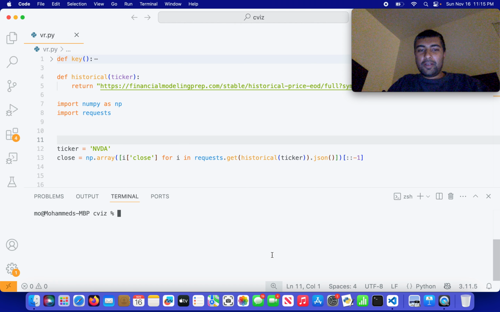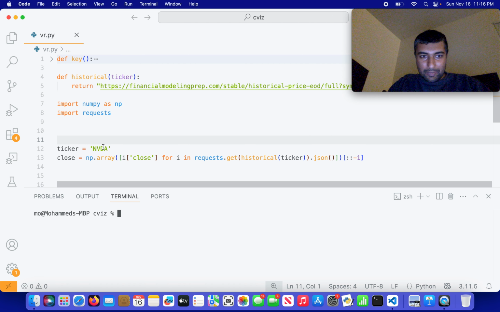Hi everybody. So in today's video, I'm going to be performing a simulation using Geometric Brownian Motion, but the point of this video is not to actually get the simulated prices, it's to see how long it takes to compute the price. So I'm going to be using Geometric Brownian Motion on Python and in C. So the stock that I'm going to be examining is NVIDIA, and I've loaded their close prices over here from